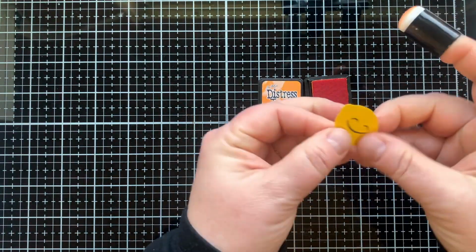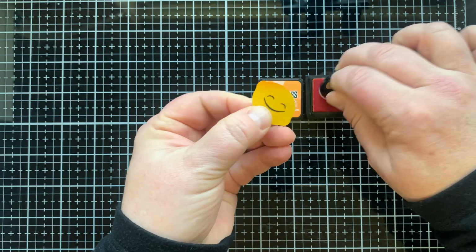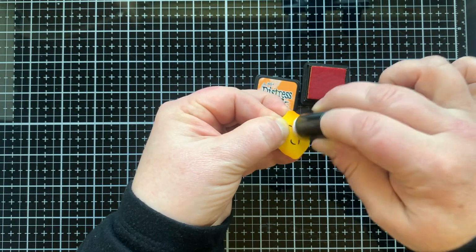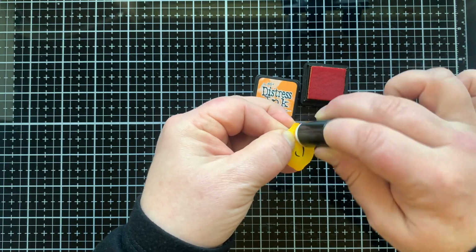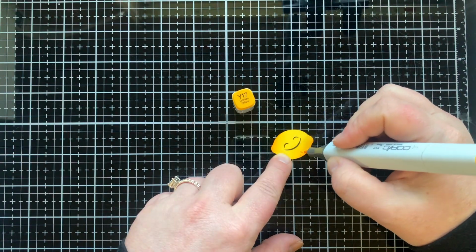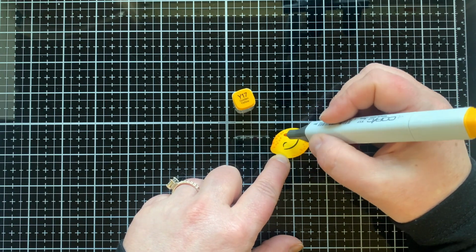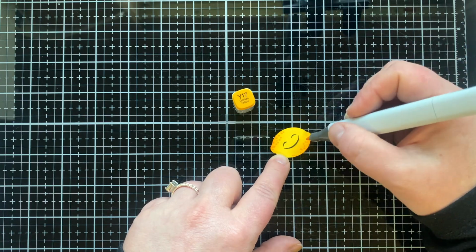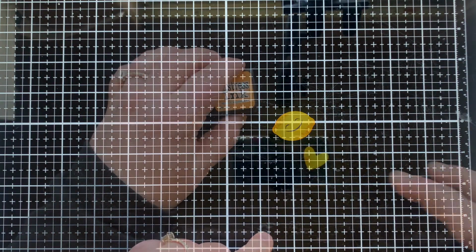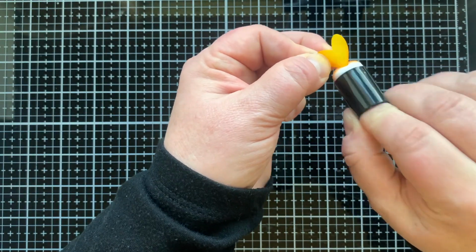Now, we're adding a little color on the edge of the lemon. I am using marmalade ink, but when we were at the event, we actually used wild honey. So I didn't happen to have that one in distress ink, so I used what I had and it actually turned out really good. Also, we added some dots onto there, which I like to call freckles. It just gives the lemon a little appeal. So I added those, and then I also put a little bit of color on the heart,